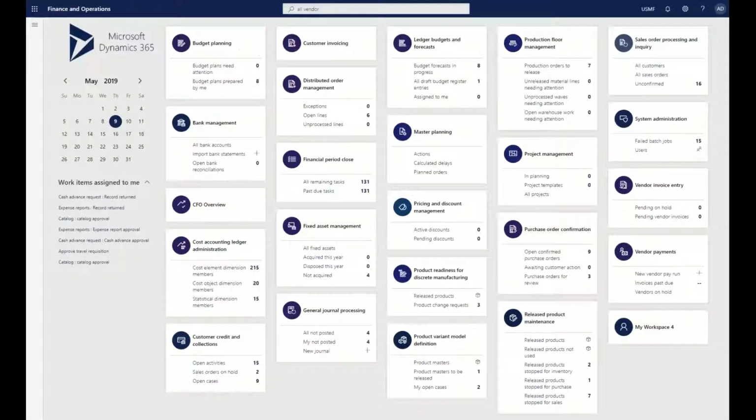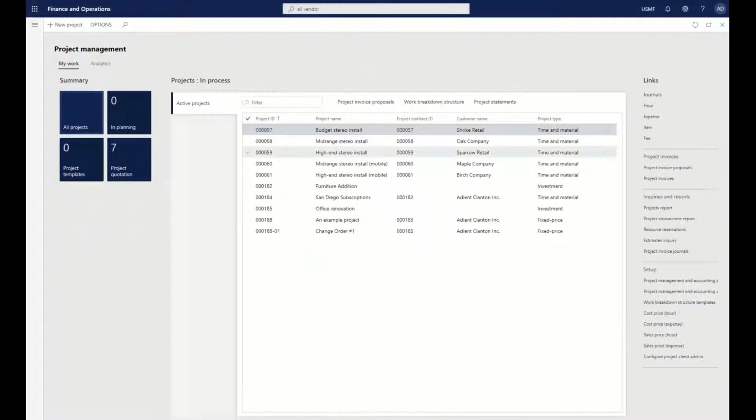Let's take a look at some of the Power BI and Power Platform capabilities just to highlight that. So for example, if I click on my project management perspective here, this is my project management area where I could be creating projects, quotations, contracts, and then also entering in our expense item and fee journals that are against projects potentially. But what we also have inside of this workspace that you may not have seen before is an